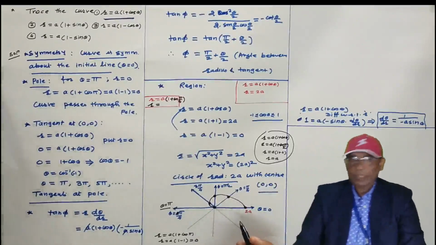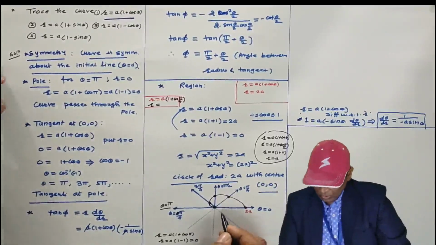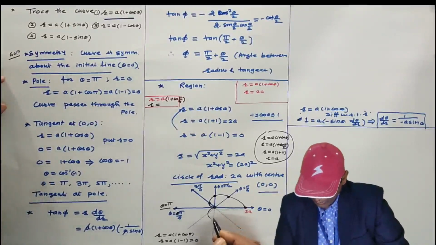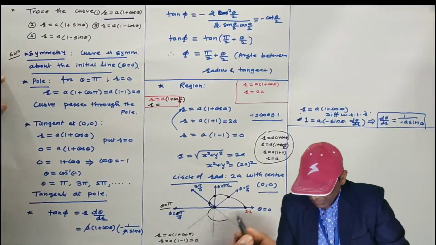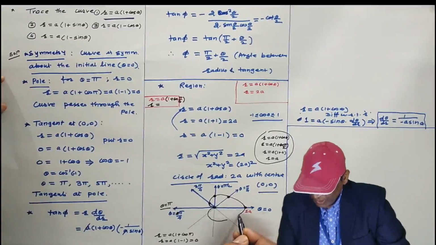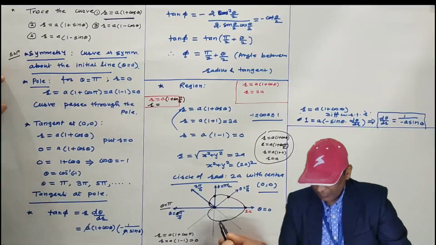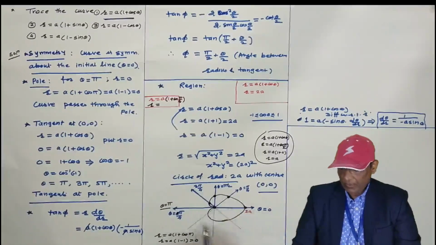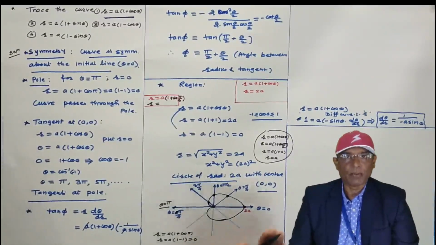Now the lower part of the curve I can easily draw. Okay, the same curve I am going to draw freehand. Because of the symmetry, we can easily draw this one. Okay, this lower part is symmetric to the upper part. So this curve r equal to a(1 plus cos theta) we have done.